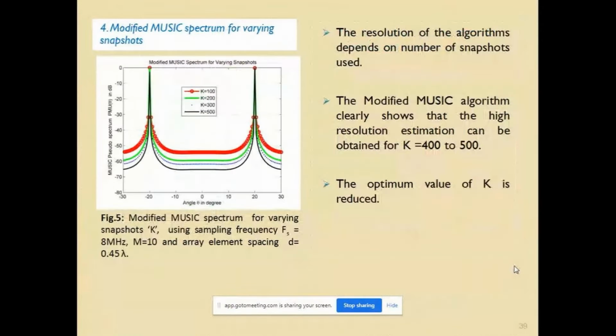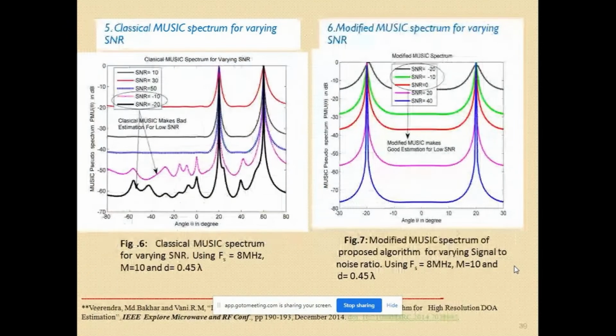As far as the number of samples is concerned, we have already studied this modified MUSIC algorithm for different sample counts. Even for very few samples, when we take 400, 500 samples, or even 200, 300 samples, there is no change in the performance of the proposed modified MUSIC algorithm. Now, when we consider the signal to noise ratio condition, figures 6 and 7 respectively illustrate that